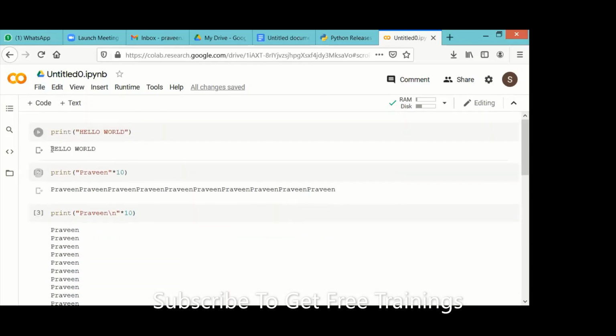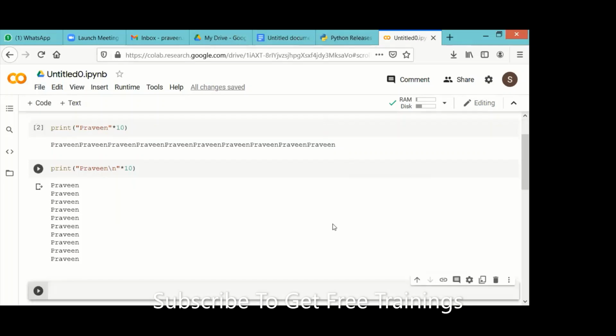Okay. Yes, we can even save the code here. I will take a separate class on this Colab. As of now, I'm just showing you. You can just go to that website and work on this. But the point to be noted is that you must be logged in with your Google, I mean Gmail credentials, Gmail username and Gmail password. So it's very simple to work. It's up to you.